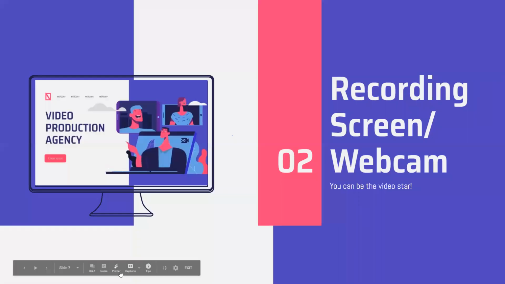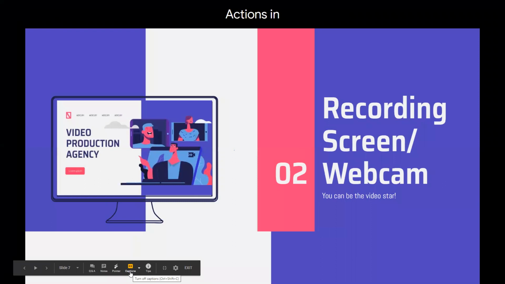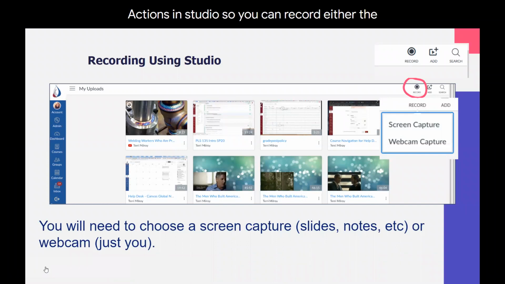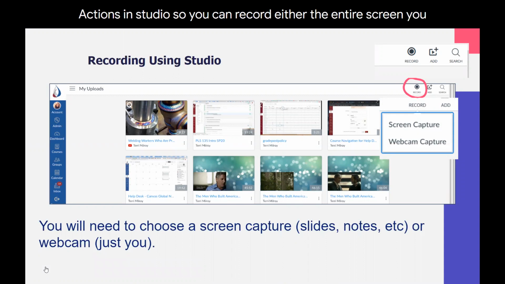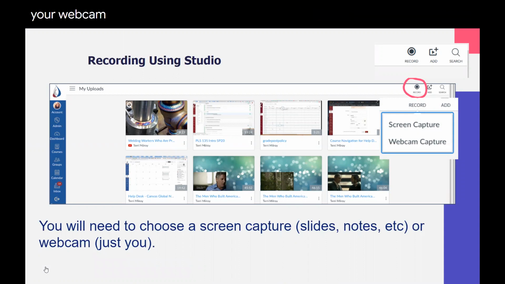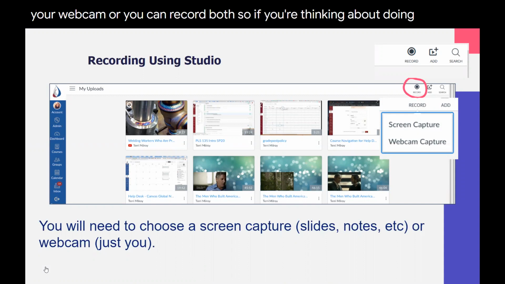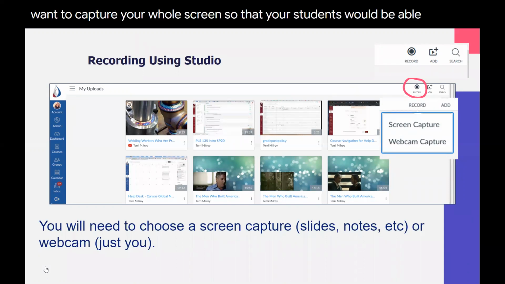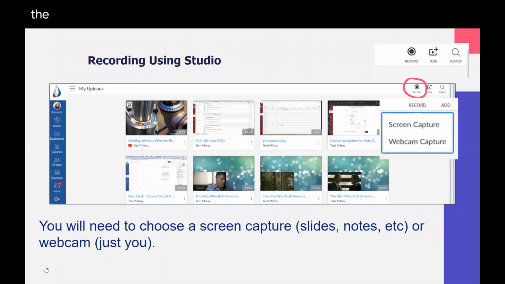So what are the options in Studio? You can record either the entire screen, you can record just your webcam, or you can record both. So if you're thinking about doing a PowerPoint presentation such as this one, you could use Studio and you would want to capture your whole screen so that your students would be able to view the slide deck or the